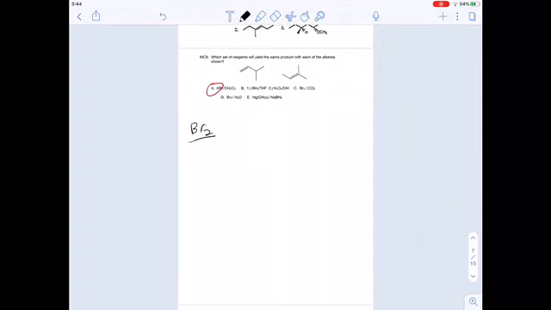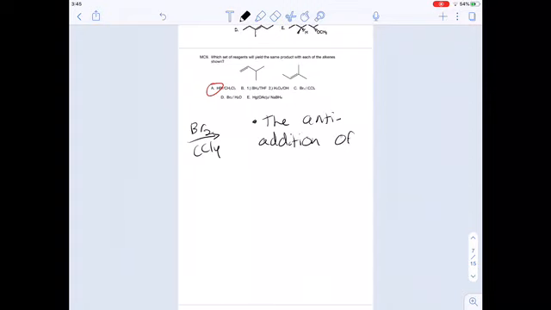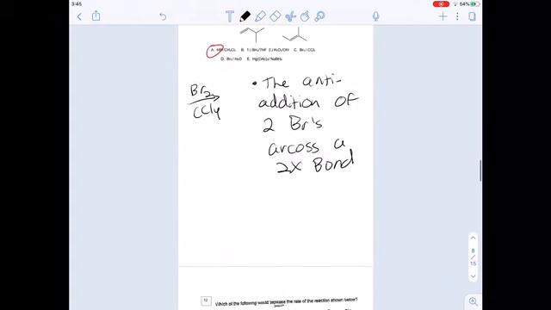Alrighty. So moving on to letter C, Br2 over CCl4. This is going to be the addition, or I should say the anti-addition. I'll explain what that means in a second. The anti-addition of two Brs across a double bond. So anti just means that the two Brs are not going to have the same stereochemistry. So one Br is going to get added on a wedge and one of them is going to get added